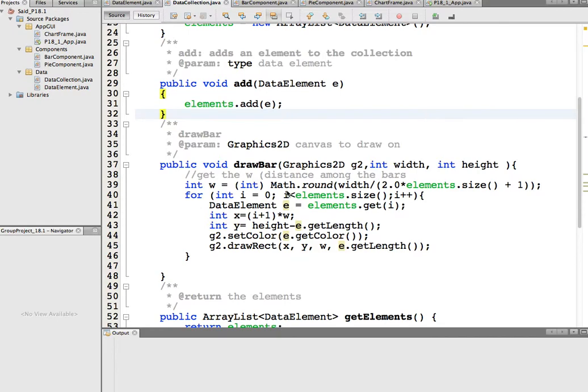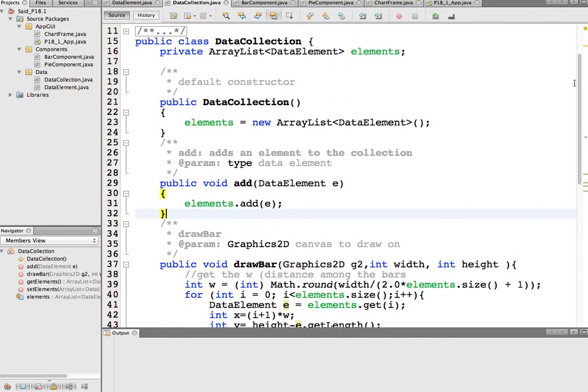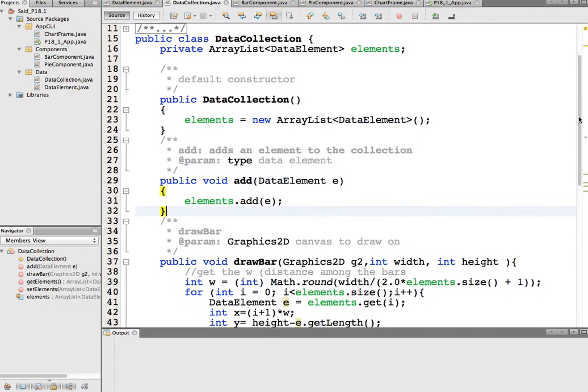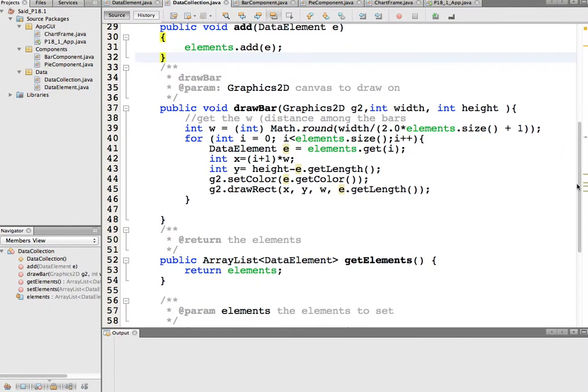the analysis and design of the problem, how we can go about making the solution. And we started by creating the data element class, the data collection class, and we are in the data collection class now. We looked at the data collection as an array list. We added the set and get, we added the constructor, we added the add method, and